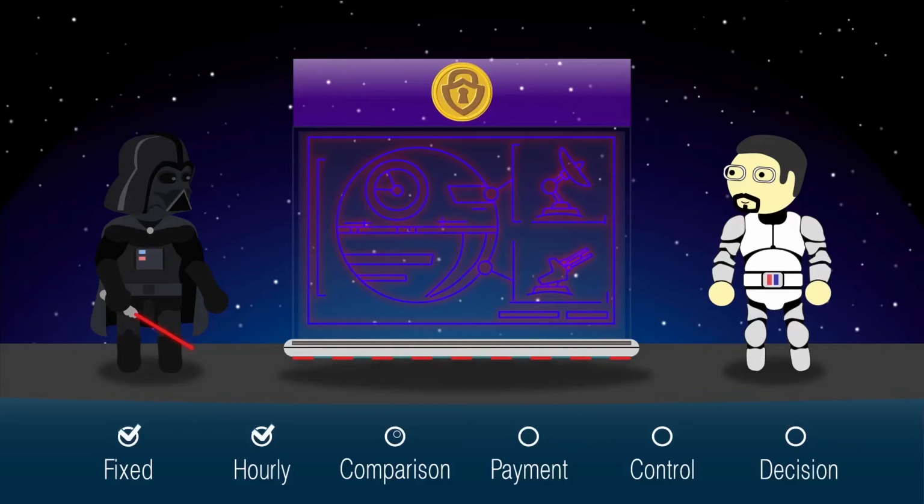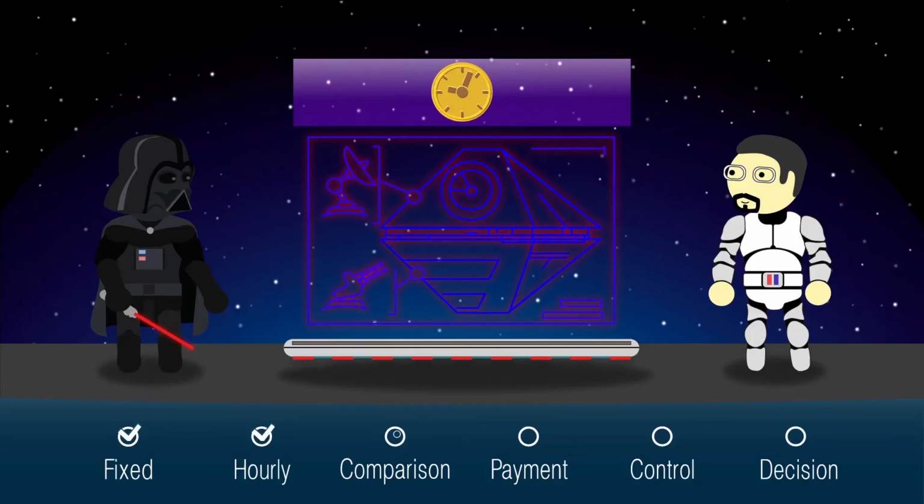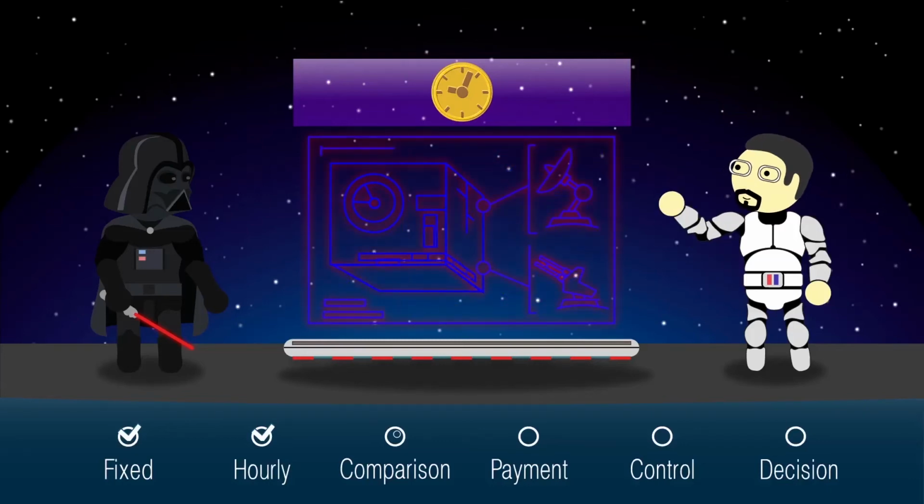Which plan is right for you? 1. Setting a fixed price is convenient when you have a clear task in the form of a requirement specification, which is not likely to change later in the project. If your requirements are not clearly defined beforehand, and your specification is prone to change during the development process, an hourly rate plan may prove more efficient.